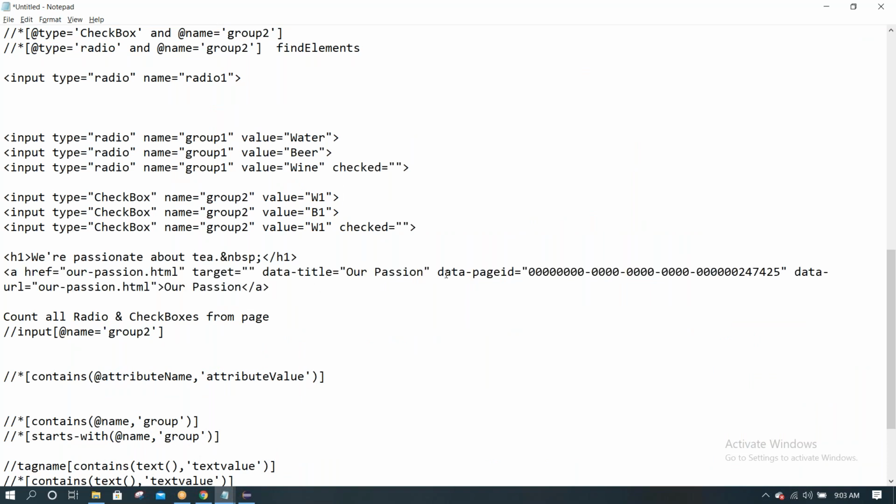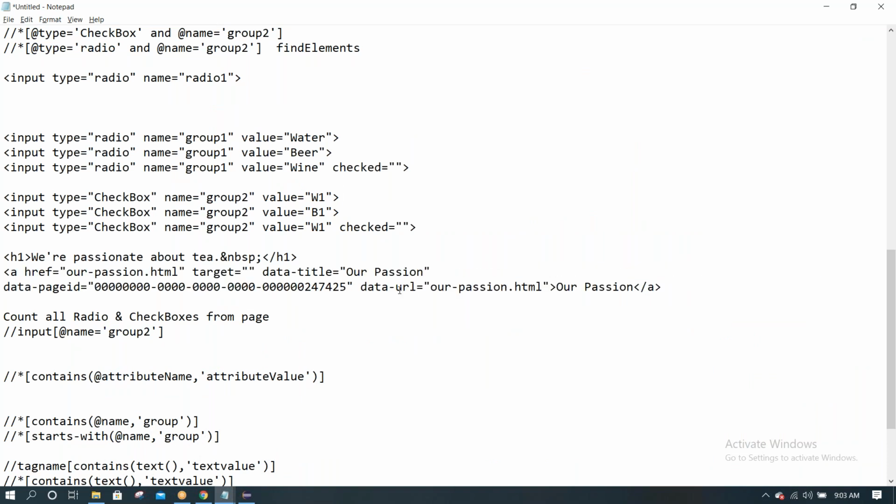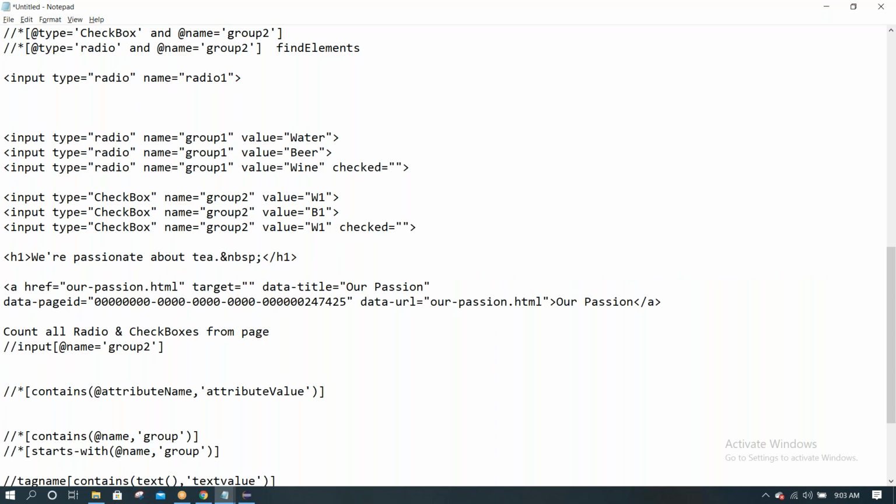These are the different properties for the link. Now value is what vocabulary we can say. Type is name, value. These are the attributes, right?